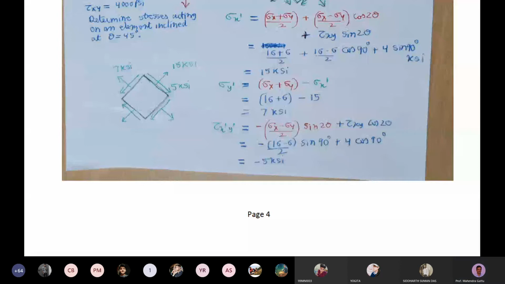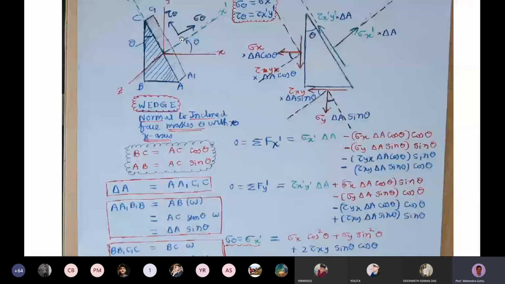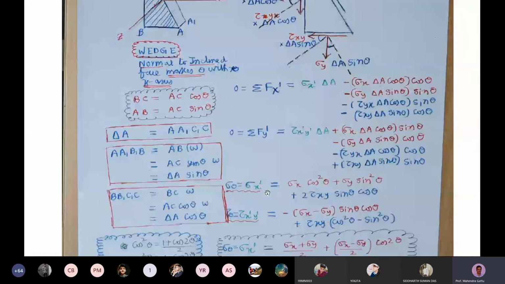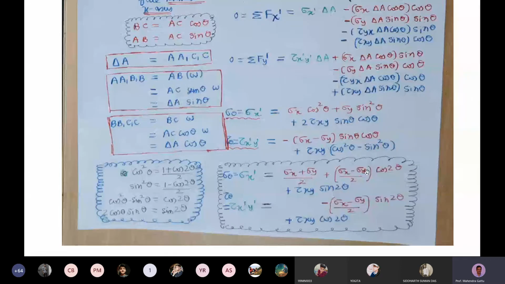Okay, fine. So what we have done here is we have looked at this wedge element, and we have identified the stress components for the bottom surface, stress components for the vertical surface, and stress components for the inclined surface. And then we calculated the corresponding force components. Once we found the force components, we then applied the equilibrium equations along x prime and along y prime direction. So with that, we got sigma theta and tau theta. So for this specific case of theta, we have that sigma theta is sigma x prime and tau theta is tau x prime y prime. And those relations are shown here.